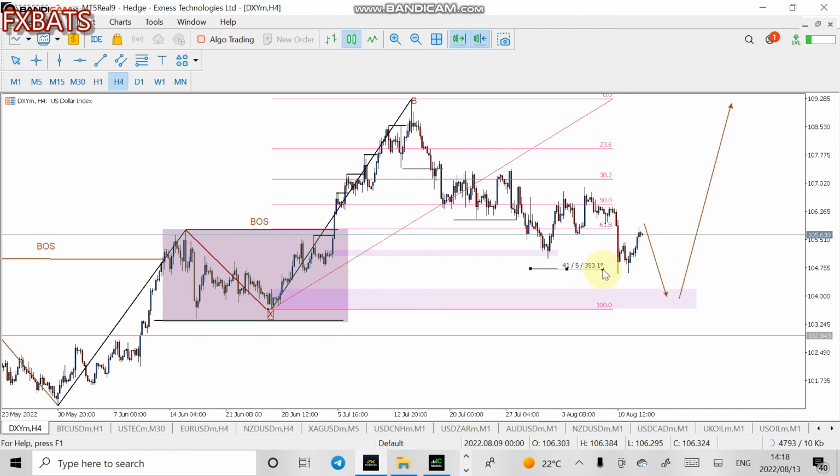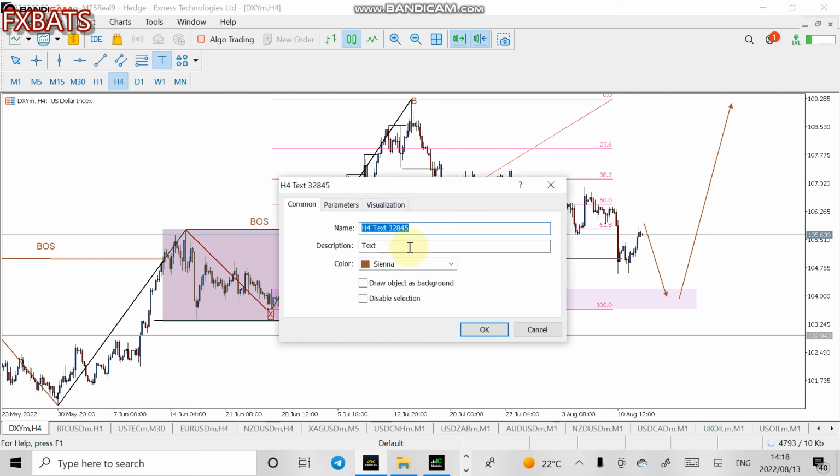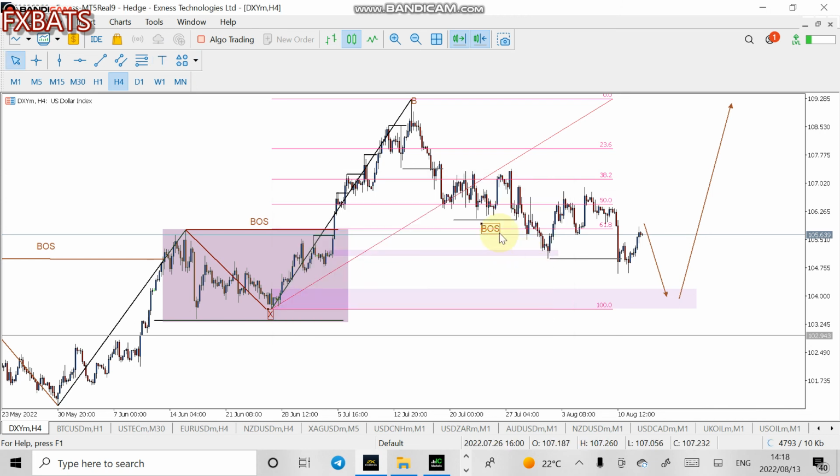So I'm hoping for a tap on this order block. Then afterwards, price will literally continue to do what? To reverse. Once it taps, then we shall get some kind of confirmation on the lower time frame. Then we shall be